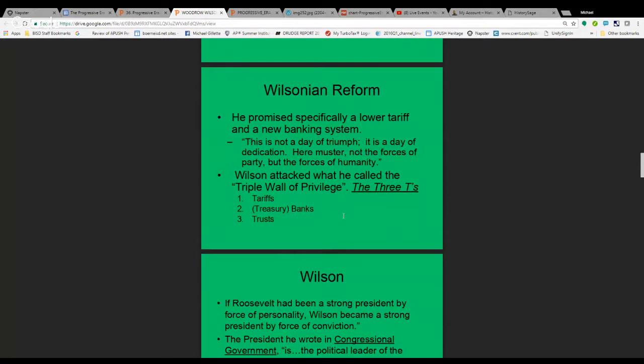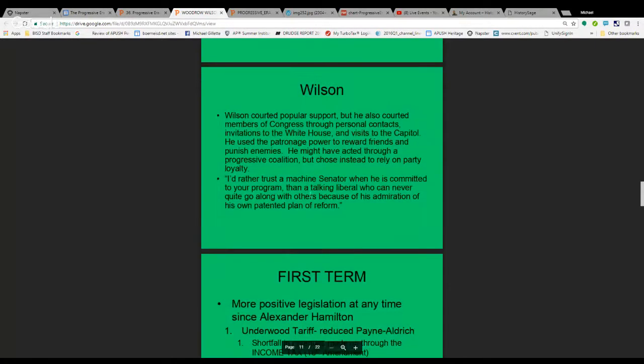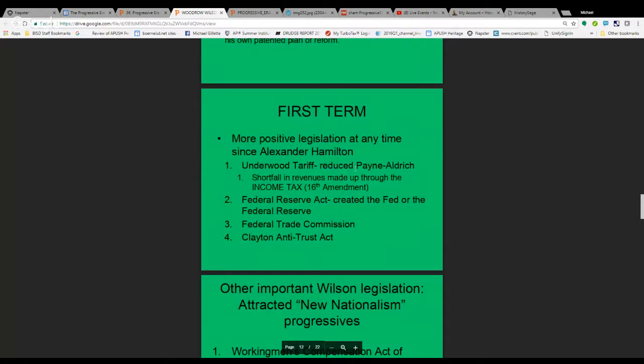Okay, in an unprecedented move, Wilson called Congress into special session in early 1913, and he read his message in person rather than by a clerk, in which he called for a reduction of the tariff from 37% to 29%. This is called the Underwood Tariff Bill. There it is, the Underwood Tariff Bill. It reduced the Payne-Aldrich tariff. It did lead to a shortfall of revenue,